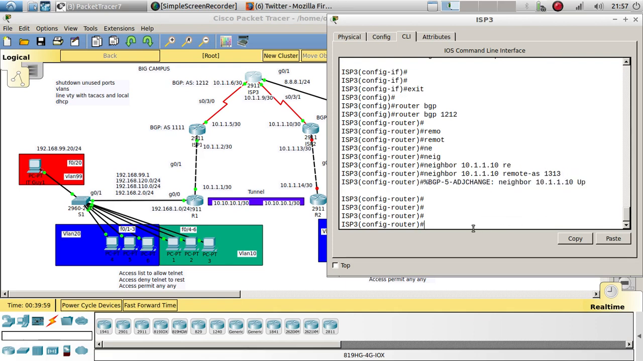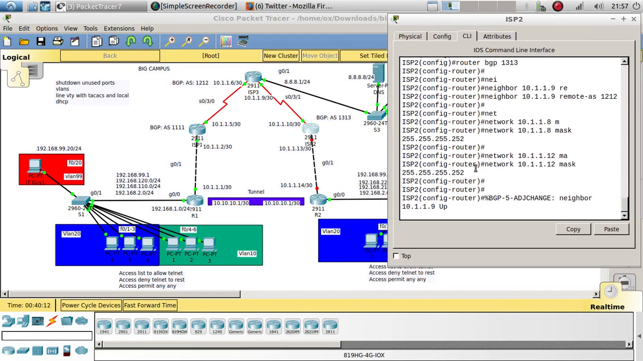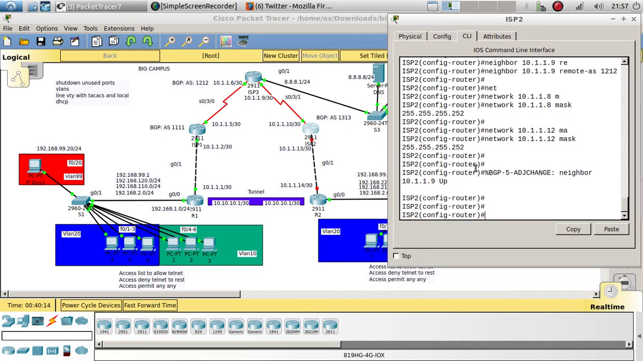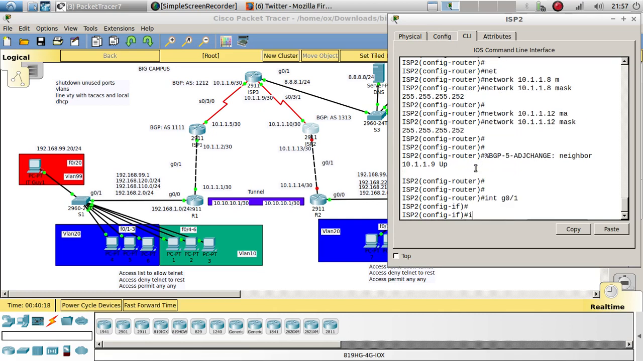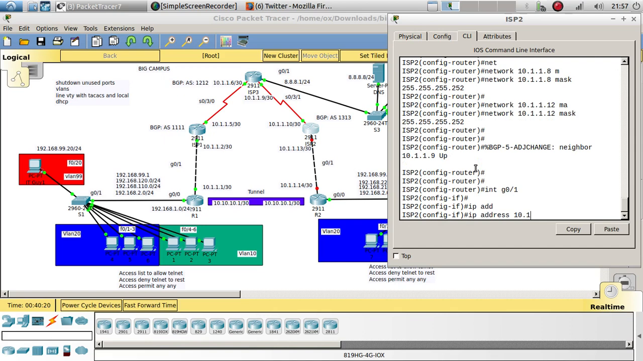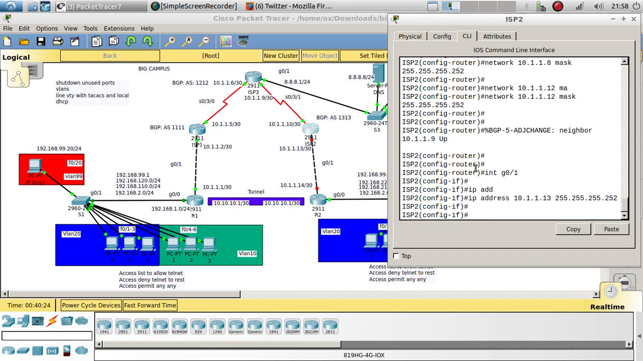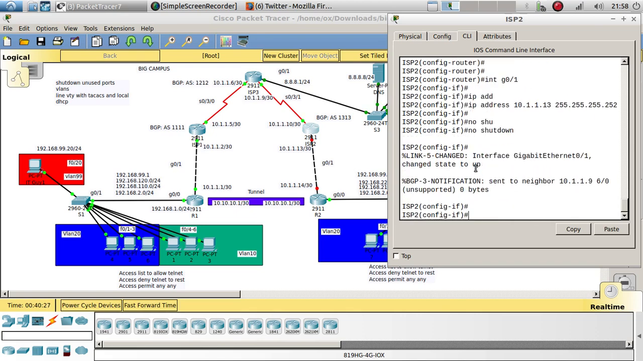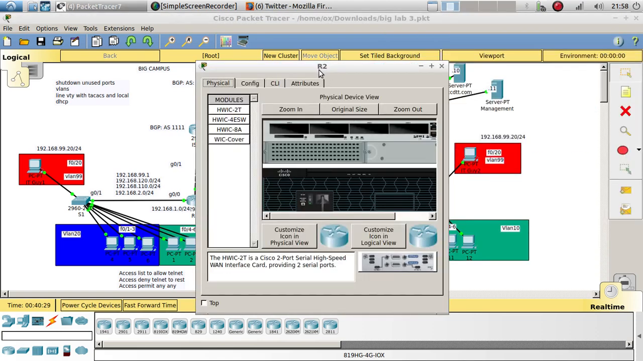And now, not even a do ping, this should be good. Let's just go ahead from this router. Let's go to interface gigabit 0/1. Let's configure that IP address 10.1.1.13, 255.255.255.252. No shutdown. Okay, now let's go ahead to this router,